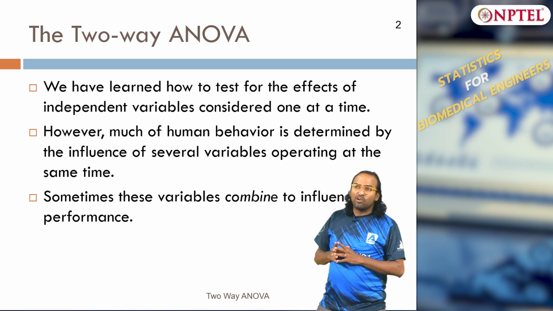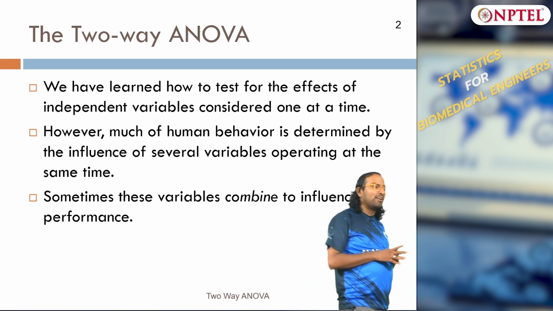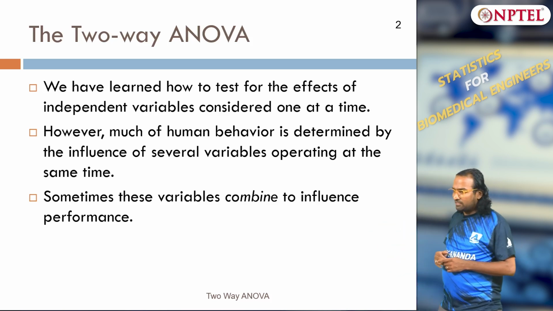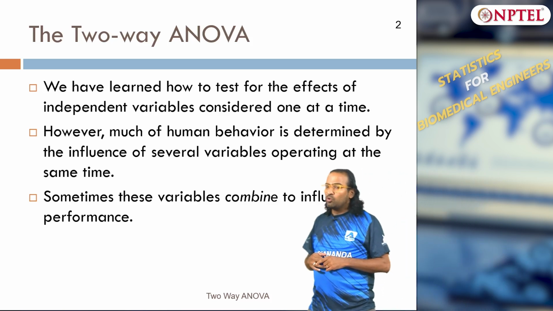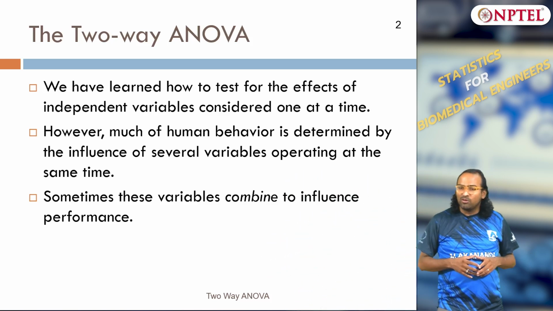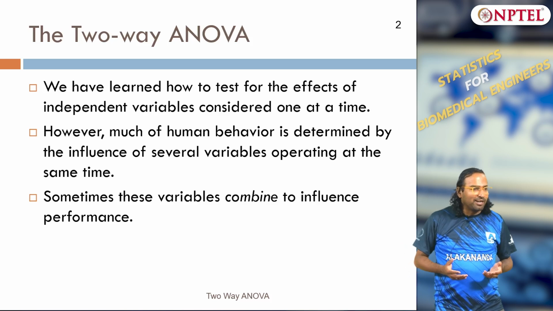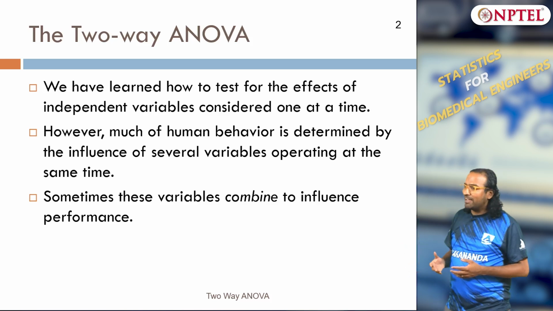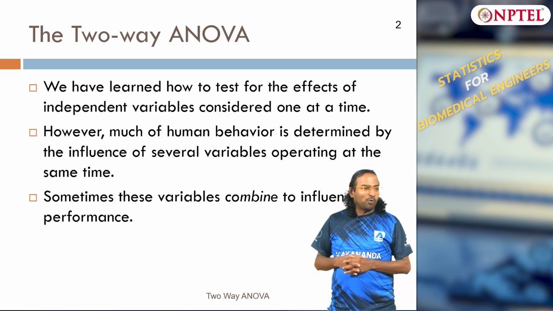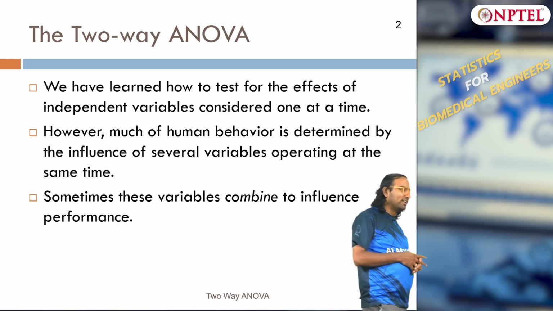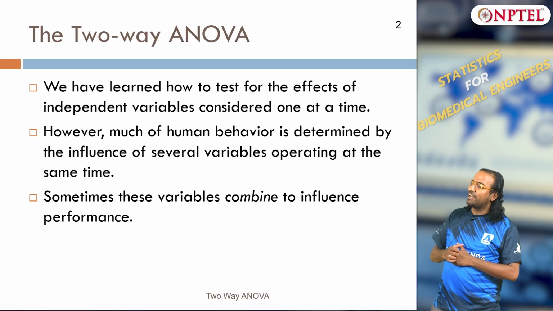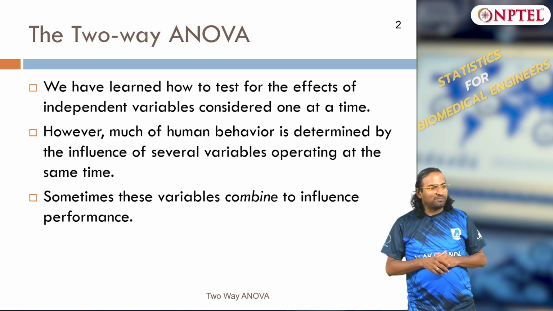We have learned only one-way ANOVA, meaning one independent variable or one factor at a time at multiple levels. Now what we are going to do today is what is called two-way ANOVA, and of course you should think of where we end up here: multi-way ANOVA, right, two-way, three-way, and how to include multiple-way ANOVA. It is not straightforward, it will pose challenges. So we will at least do two-way and three-way, and then give you an idea about how to do n-way ANOVA.